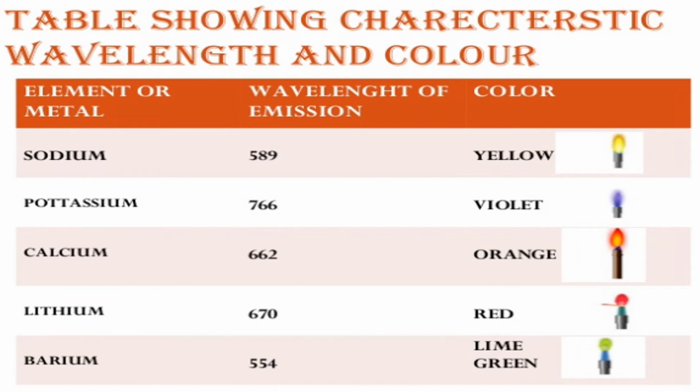We are going to use flame photometry to estimate only alkali metals, because a very small amount of energy, that is our emission, our visible light, is enough to bring about transitions in these kinds of elements. That's why we use flame photometry only to estimate alkali metals like sodium, potassium, calcium, lithium, barium and magnesium. This is the theory behind how electronic transitions result in emissions in alkali elements, which is what occurs in flame photometry.